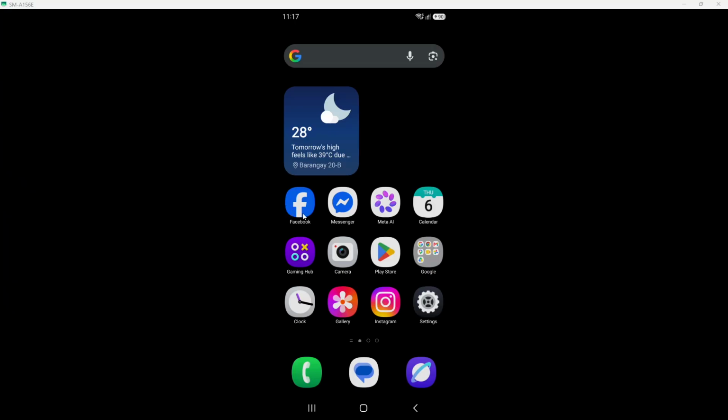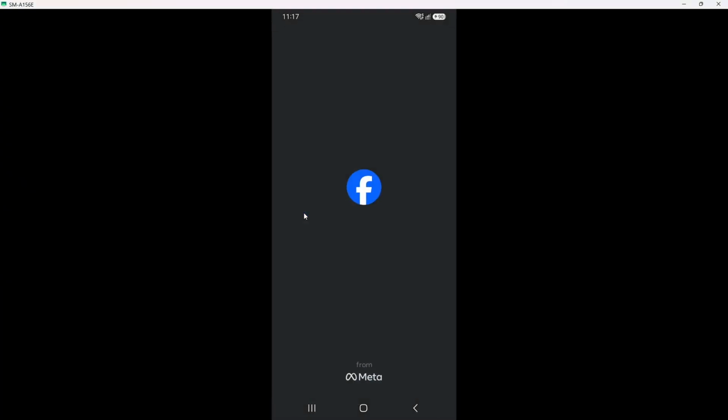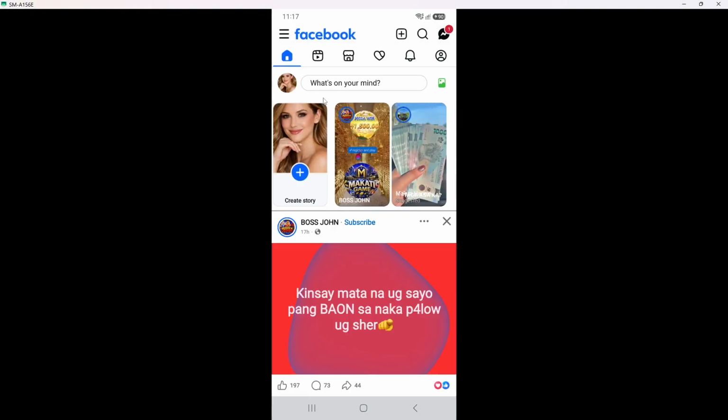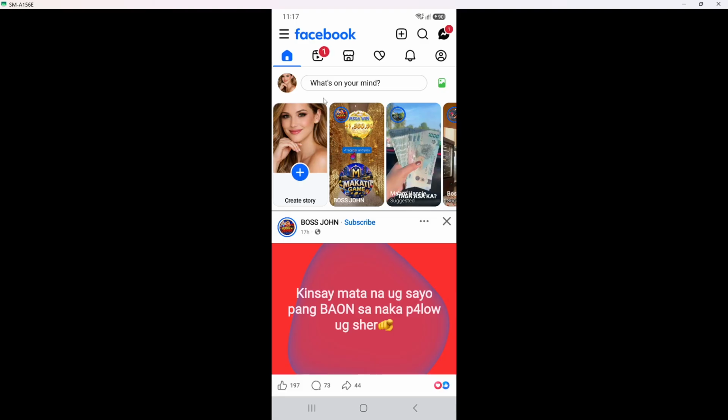When you tap the Facebook icon, the app will load and you should land on your main Facebook screen, usually the Home tab. You will see your news feed with posts, stories along the top, and navigation icons for home, reels, notifications, and menu near the bottom or top. If the app asks you to log in, enter your usual details and wait until your feed appears because you need to be fully signed in before you can send a reel.